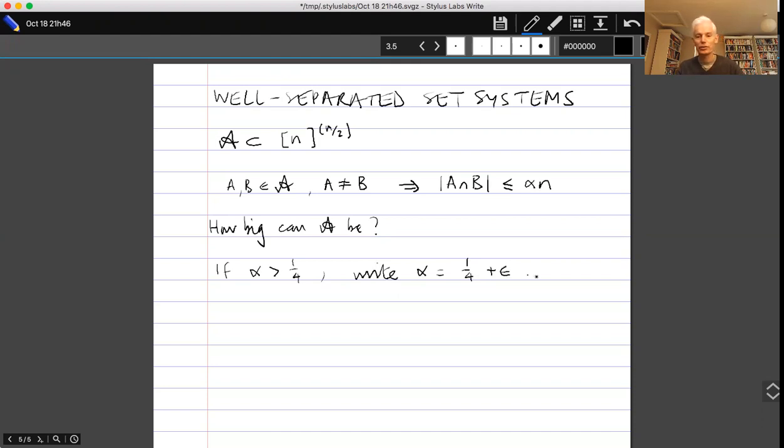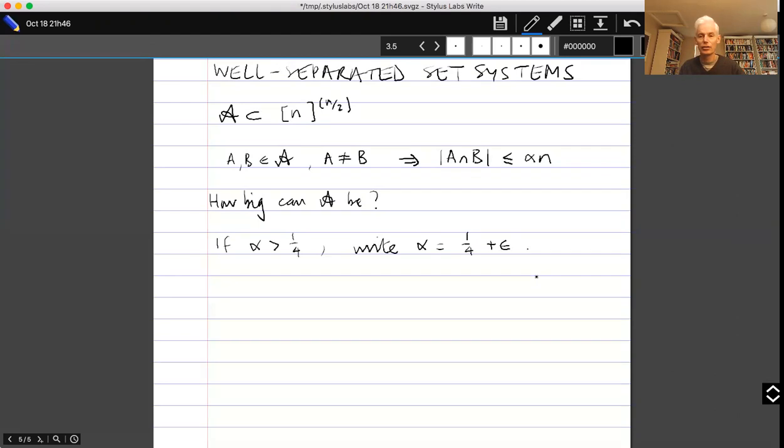So my condition is that when I pick any two sets in the set system, then their intersection shouldn't be too much larger than it would be if you just chose the sets at random. And what we shall see in this case is that we can really get an awful lot of sets that satisfy this condition. And the way to see that is, let's just pick